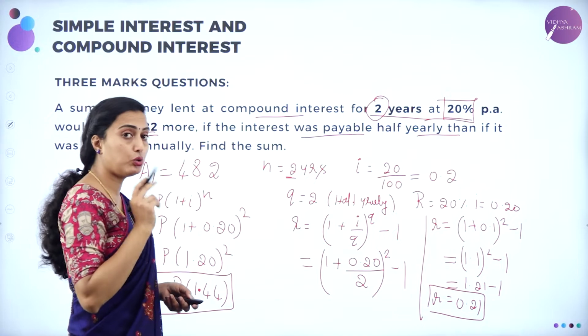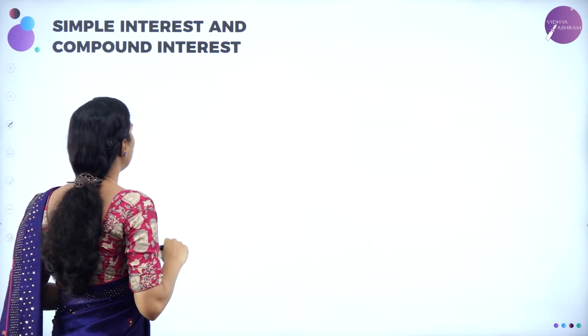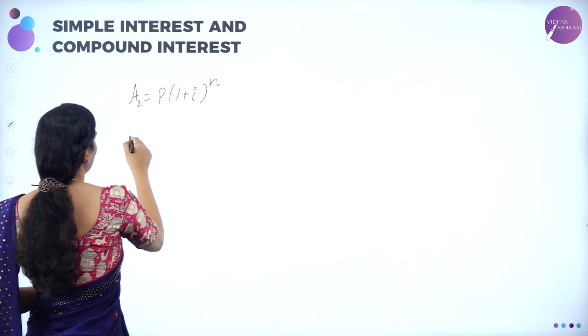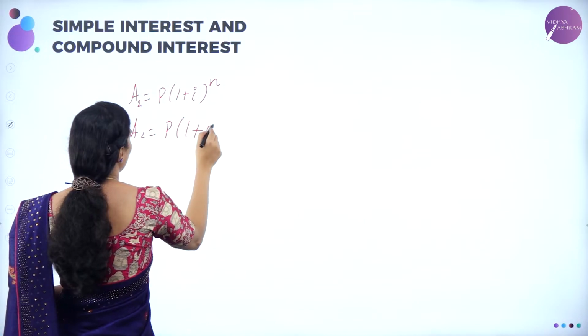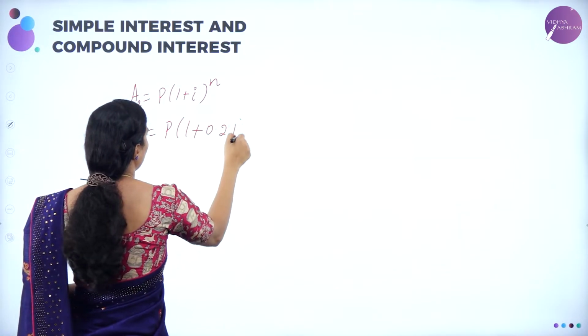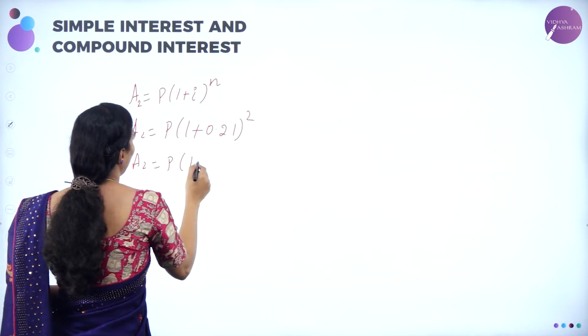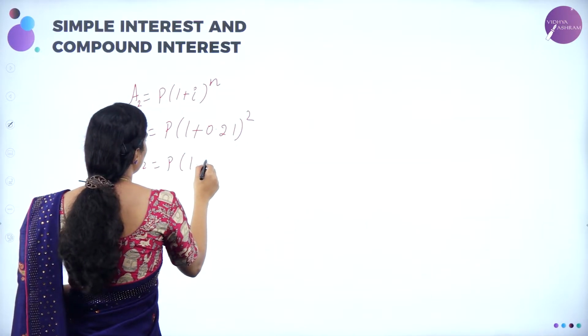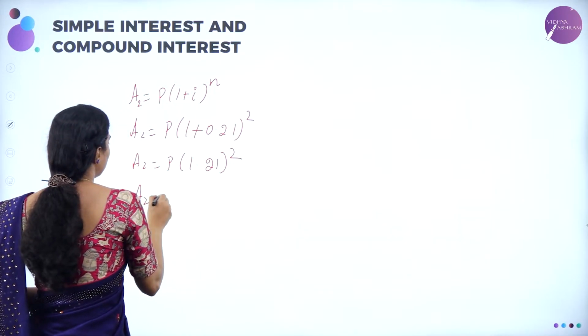R is 21%, I is 0.21, correct? So therefore by using that, A2 will be equal to P into 1 plus 0.21 whole squared, which is A2 is equal to P into 1.21 whole squared, which is A2 is equal to